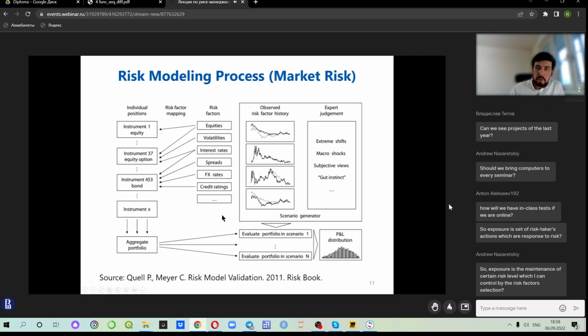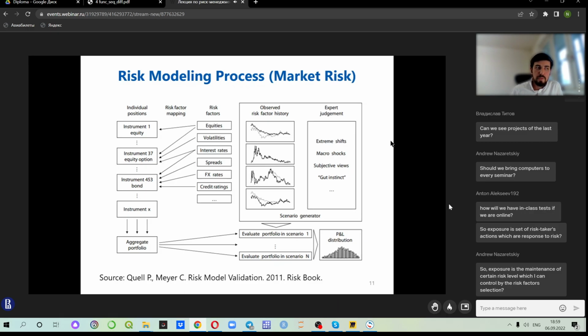So the modeling process contains building the model for each of those risk factors. We usually apply some data. So we can see historical data, the box of historical data right here. We also accompany it with some assumptions and expert judgments. It's okay. So at least we have to assume some particular